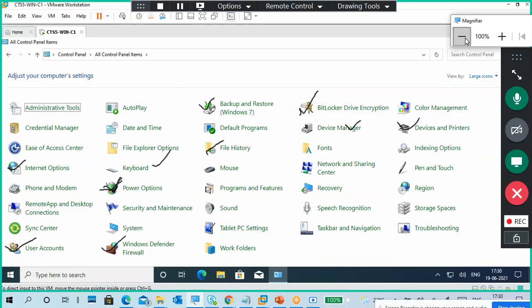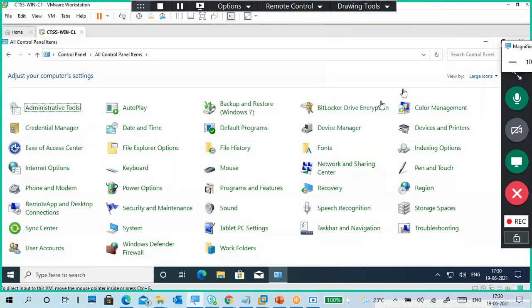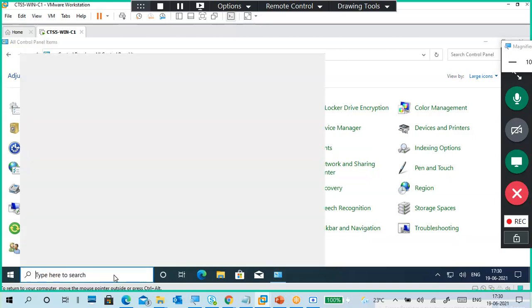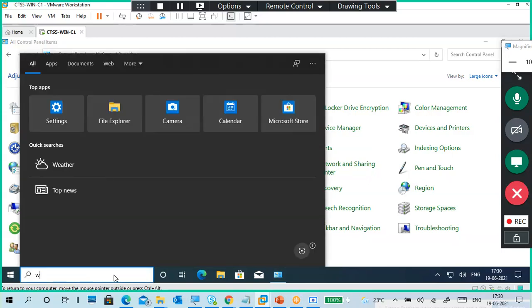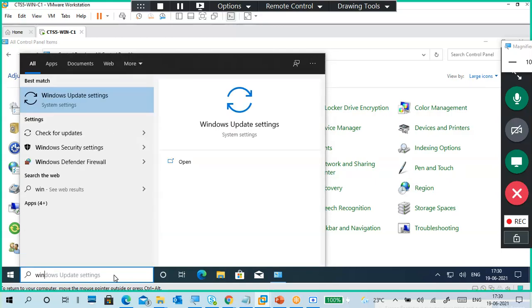Okay, you can't see Windows To Go. I will type here to find where it is. Because in Windows 10, some options are given here and some options are in another place.